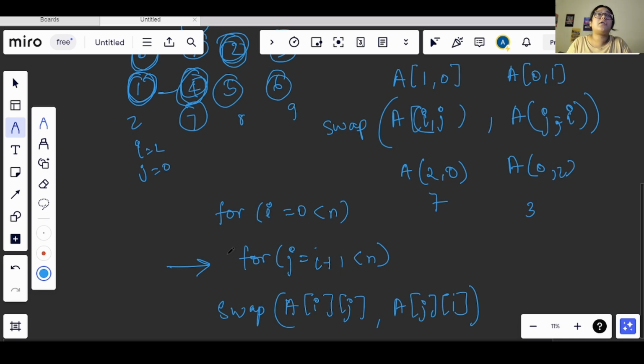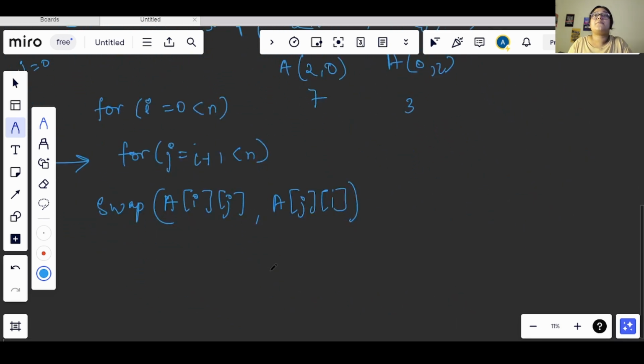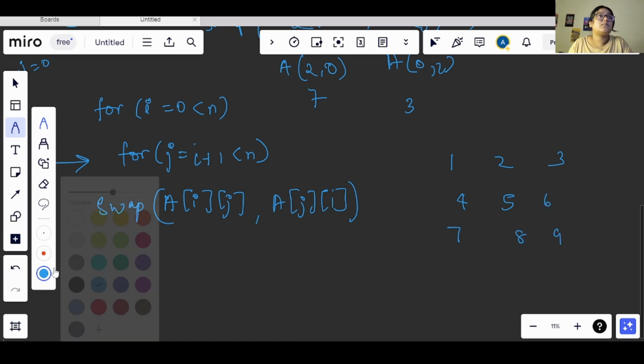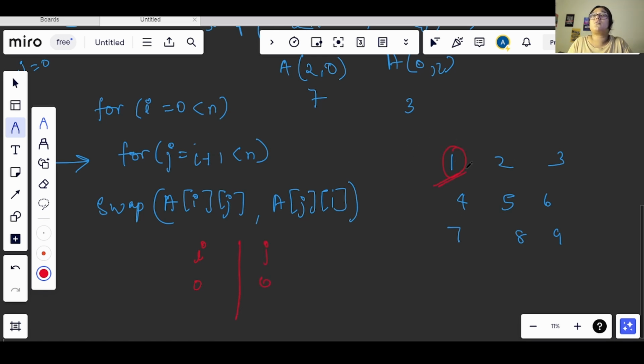Now how can I justify this? Let's say we will take a smaller example, a 3 by 3 matrix. Let's say we have this matrix. Now I have i as 0, and if I start j also with 0, there is no need to again swap these both values.